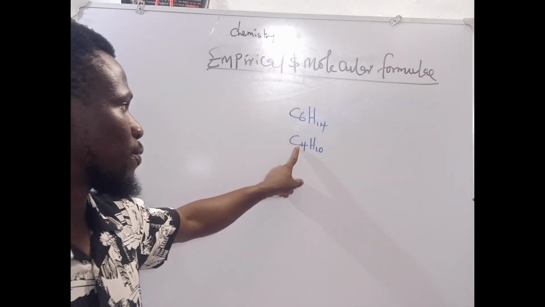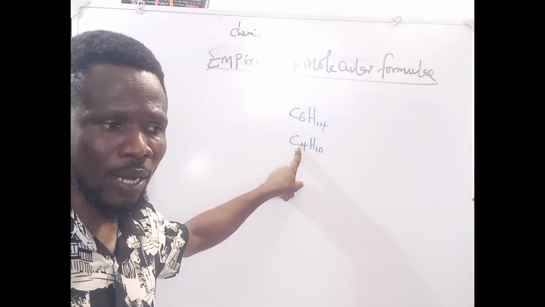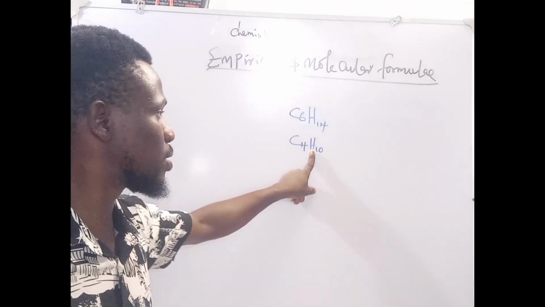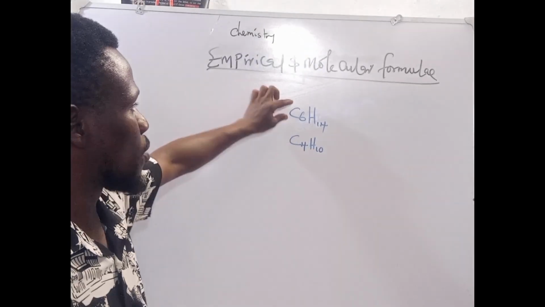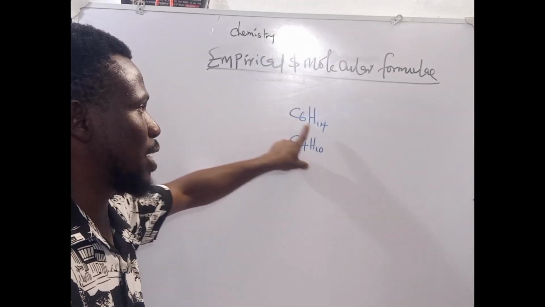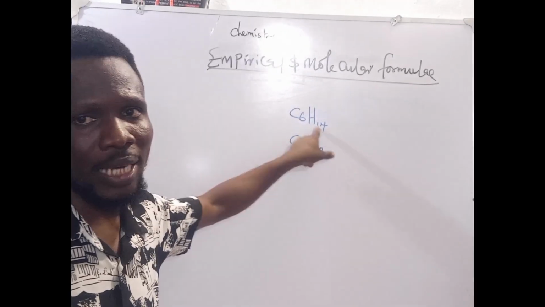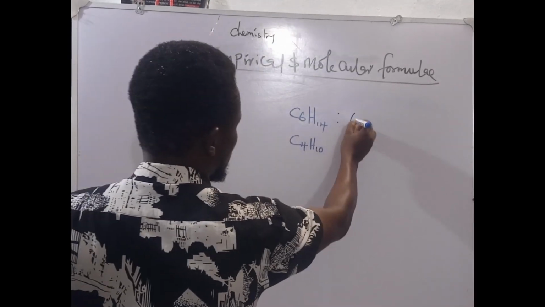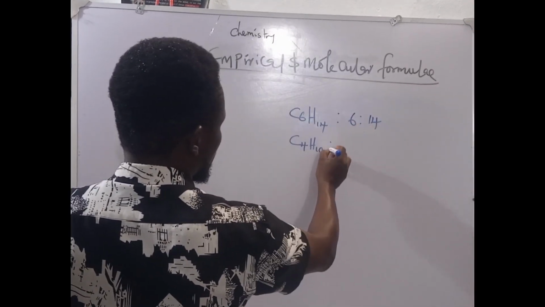The actual number of carbon present in this compound is 4. The actual number of hydrogen present in this compound is 10, is it not? The actual number of carbon present in this compound is 6. The actual number of hydrogen present in this compound is 14. These are different compounds. So the ratio of their atoms is 6:14 here, and here is